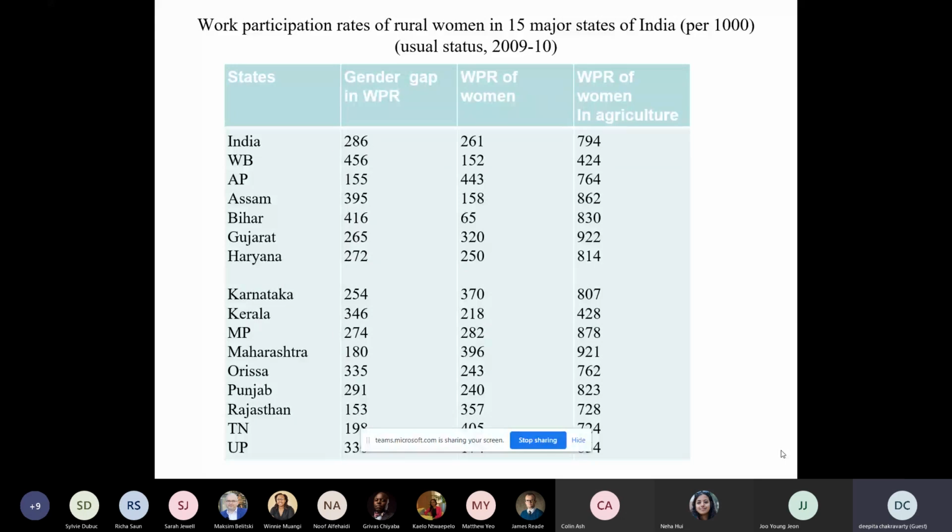Now, I have picked up only one year, but that really doesn't mean that this is a feature of this particular year. If you look at the literature and at the data, we get to know that this is a historical feature of the state of West Bengal. Women's work participation rate in the state was historically low. But interestingly, this fact that women's work participation rate is historically low in this particular state is surprising, if you look at it